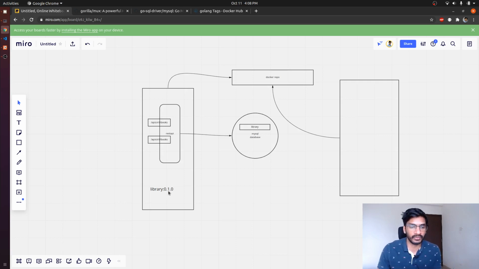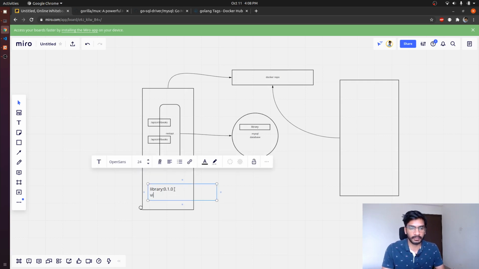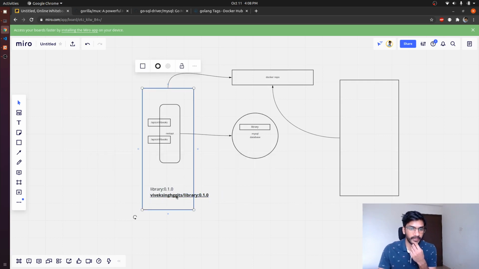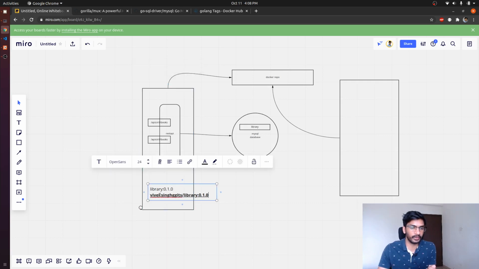In very naive words, we can consider retagging as renaming. So we would be renaming this particular image as Vivek Singh ZZITS/library:0.1.0, right? And once we have retagged the image, and if we try to push this image, Docker's command line tool would know that we have to push this library image into this particular account that we have,